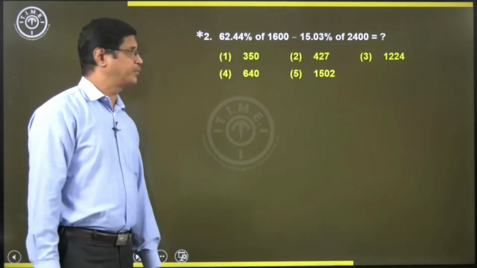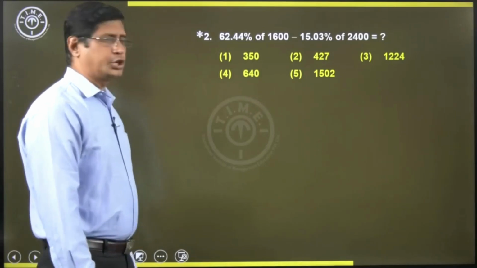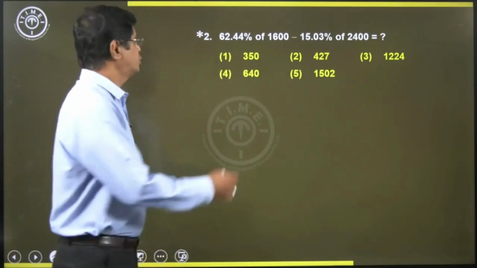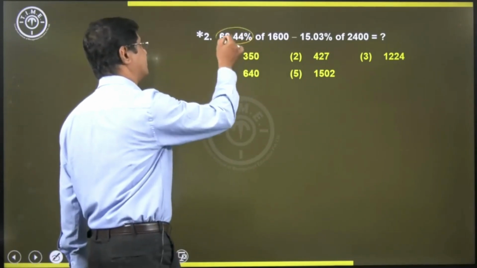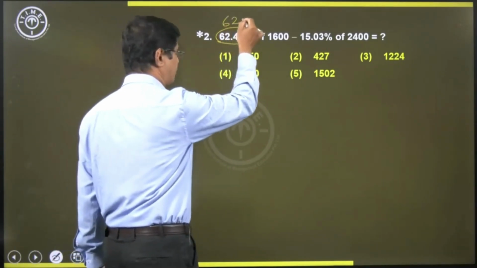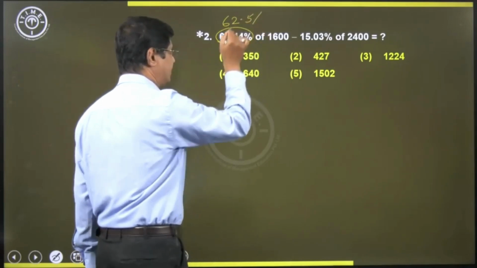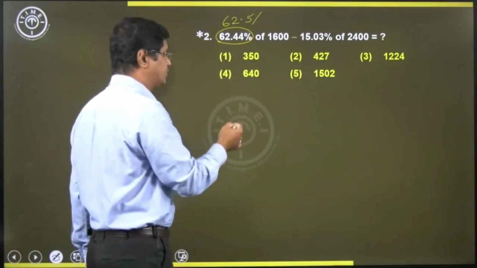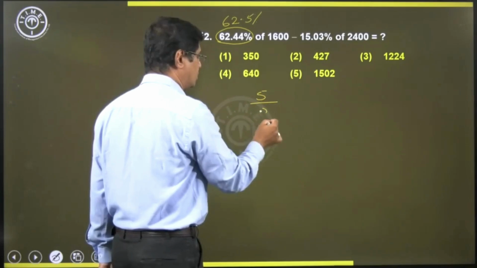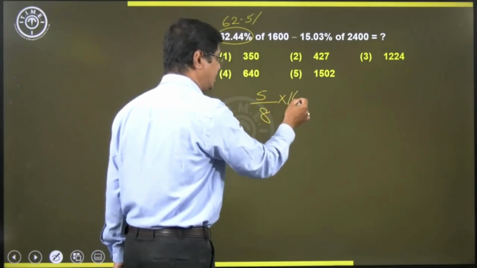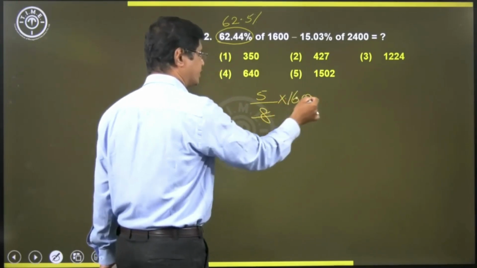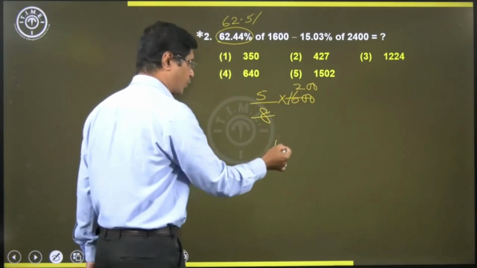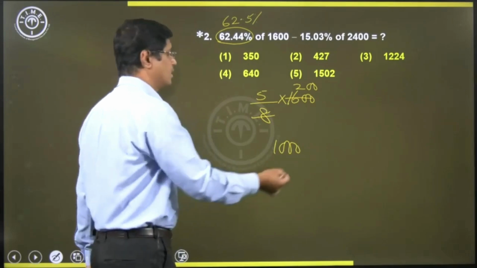Now look at the next example. 62.44% of 1600. 62.44% is close to 62.5%. What is the equivalent fractional value in percentages? Reciprocal values, when you observe, 5 by 8. 5 by 8 of 1600. 8 goes exactly 2 times. So, zeros are common here. The product of these two numbers is 1000 minus